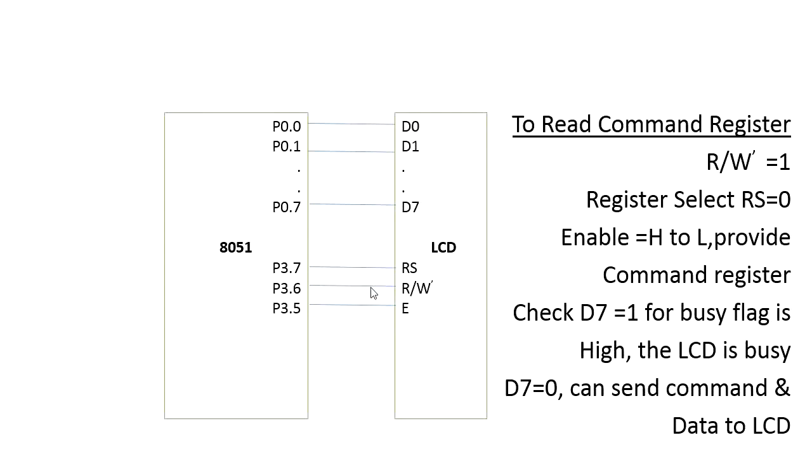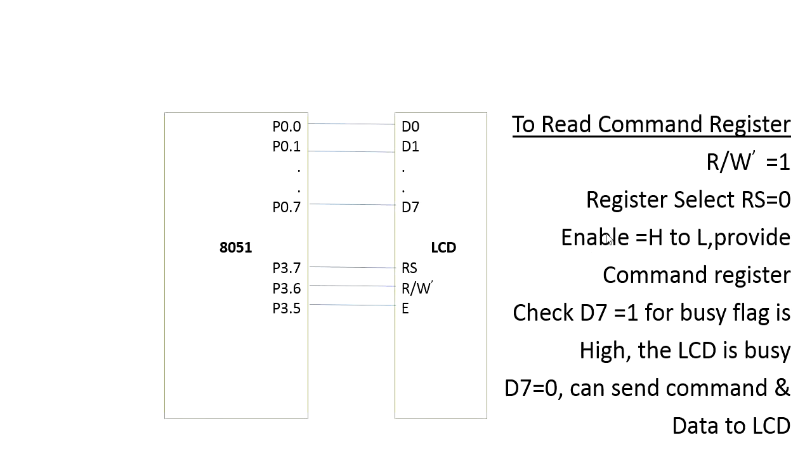And whenever the 8051 microcontroller transmits a command to the LCD device, that command is going to be stored through the register select. That is, we have to assign RS equal to 0 so that it will choose the command register. As I explained, we have two types of register in the LCD device: one is the command register, the other is the data register. The command register is used to store the command from the microcontroller to the LCD device, and similarly the data register is used to store the data from the microcontroller to the LCD device.